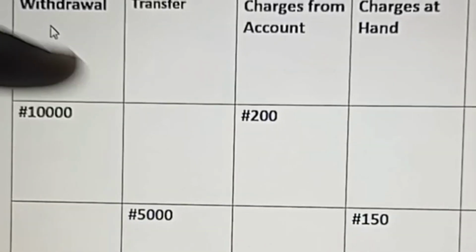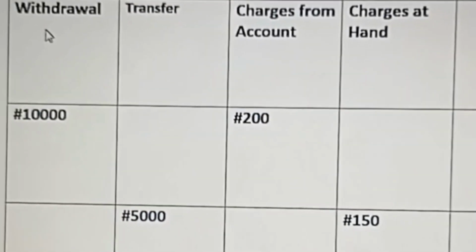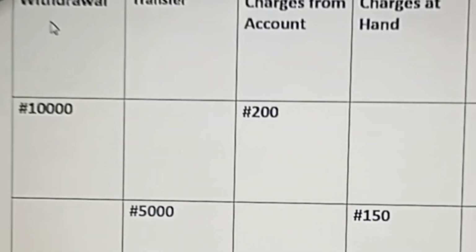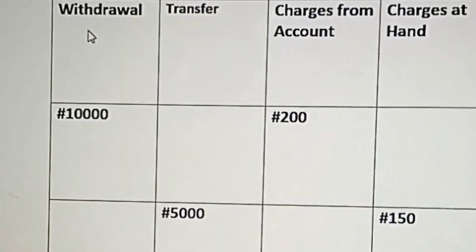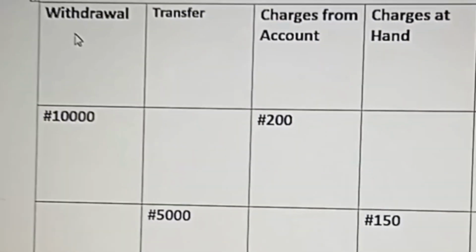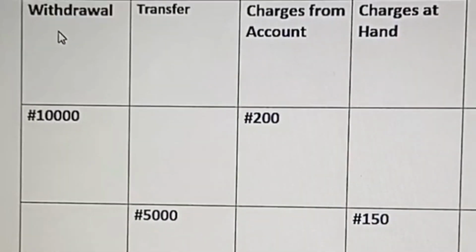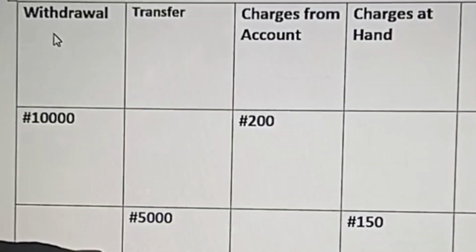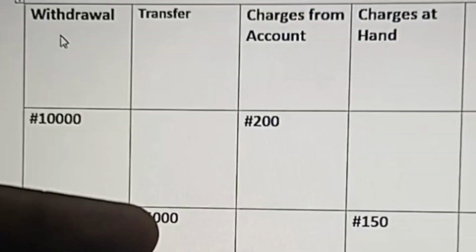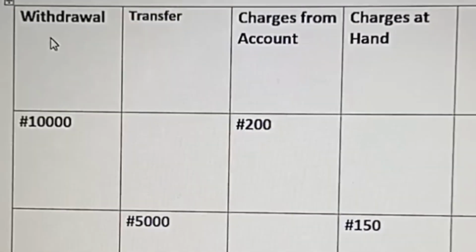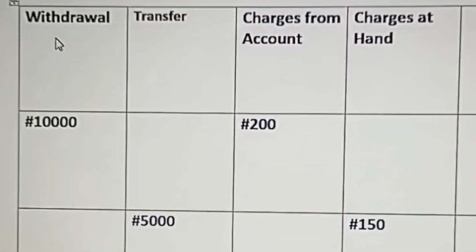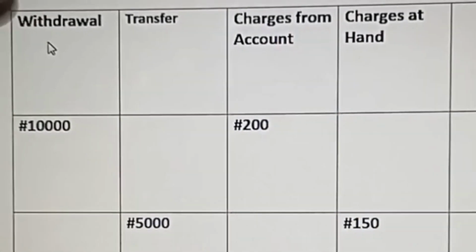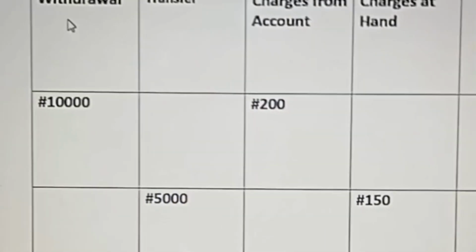In your Moniepoint account, you'll be having 10,200 naira, and you'll be paying the customer 10,000 naira. That means in your account you have 10,200 now, and cash at hand is zero. Do you understand? Let me go back again. We are starting this with this table now. We are assuming that this individual does not have any amount in his account. That means he has zero